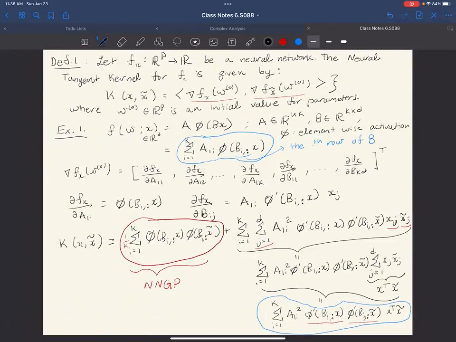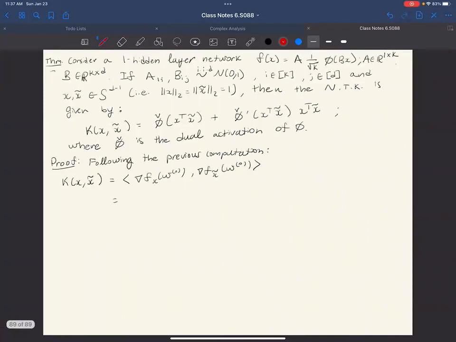Now in this inner product, I'm just introducing this extra 1 over root k term. There'll be an extra 1 over root k term here and here, which will come out as a 1 over k on the outside. And so we'll just have to multiply whatever we had before by 1 over k. And so we'll exactly get this term in red and blue, just as from before. And this is just going to be this term in red, which is just phi of bi colon x, phi of bi colon x tilde,